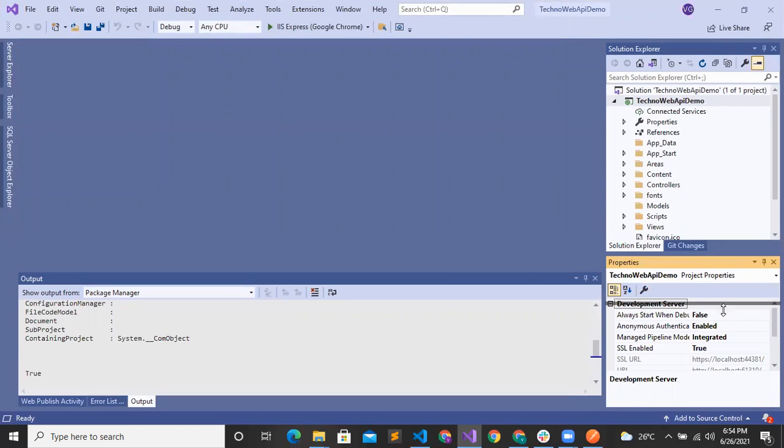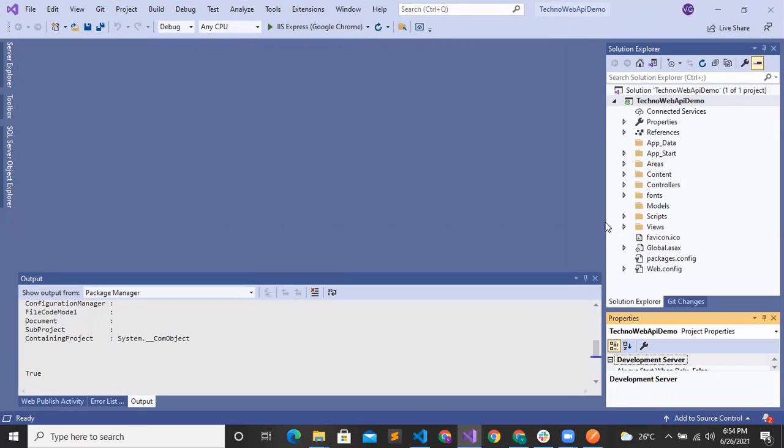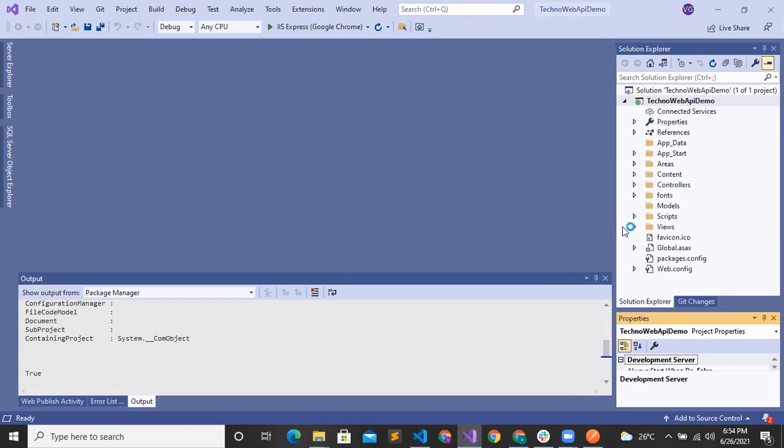Let's get started. We will see a one to many relationship example, which is for department and student. Like one department will have many students. So let's create the model for department first.